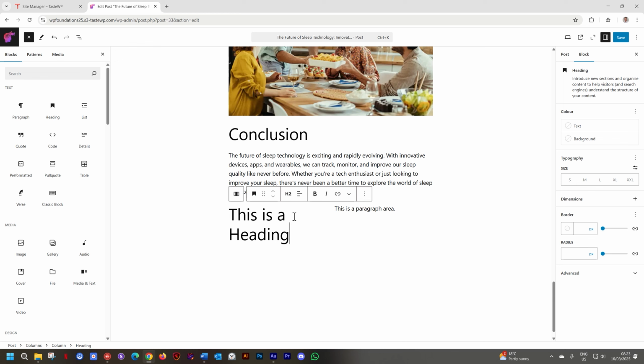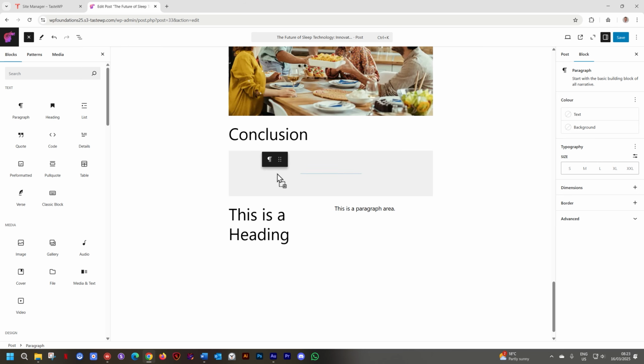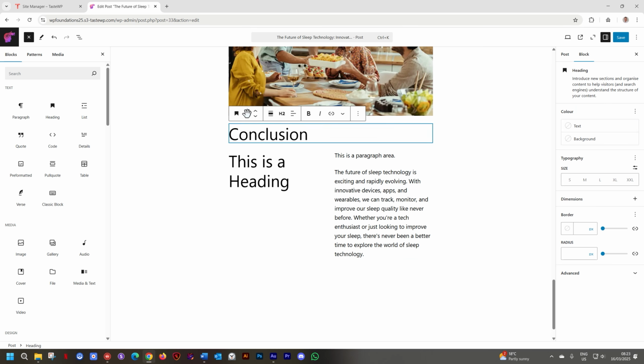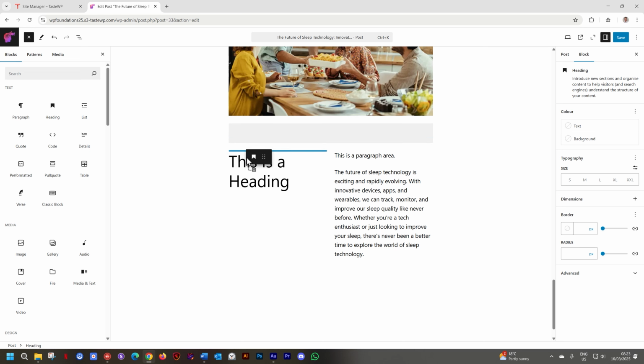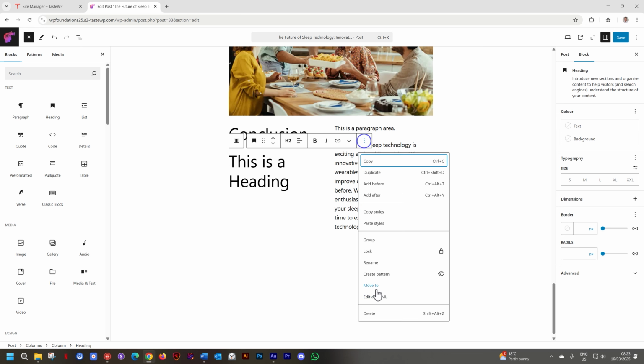But you can stack blocks also on top of each other. So if I go to the paragraph on the right, I can bring in more stuff in this column. I don't only need to have this here. Let's say I want to make all of this text that's over here and put it in the paragraph. I click hold here on the drag icon and I drop it below. I can do the same with this heading. Click on the heading and drag it to the left. And now that I brought this in, I can delete this heading, click, options, and delete.